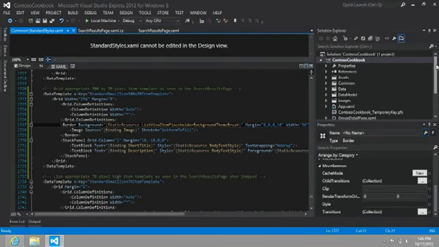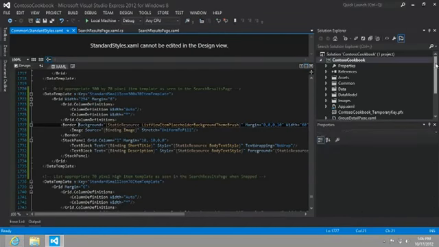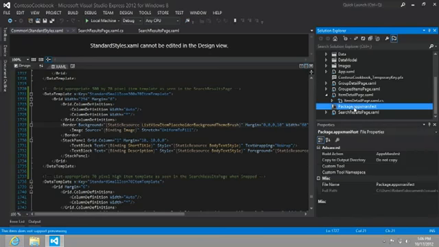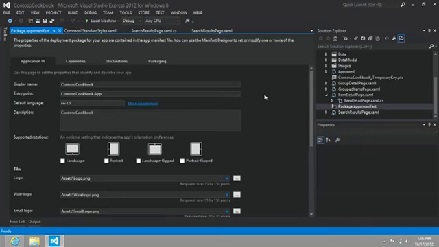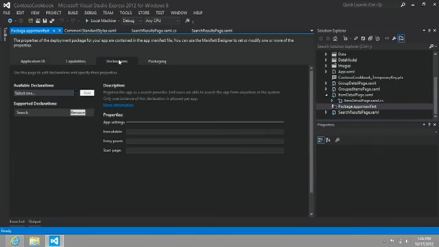Now, before we move on and complete exercise, or task number 3 rather, I want to take a quick look at the package.appxmanifest from very early on. And this time I want to open the declarations tab. And I want to point out that under supported declarations, search has been added on the left-hand side. This tells Windows that our app can handle the search charm whenever it's selected by the user. Not only that, but in the